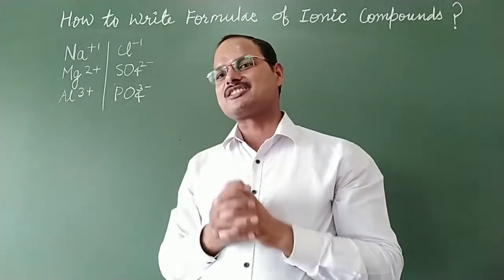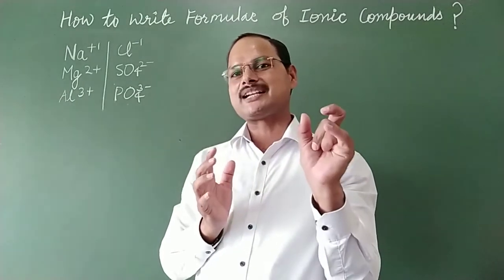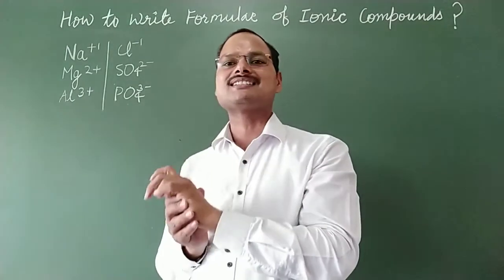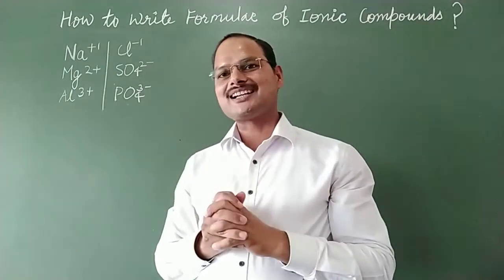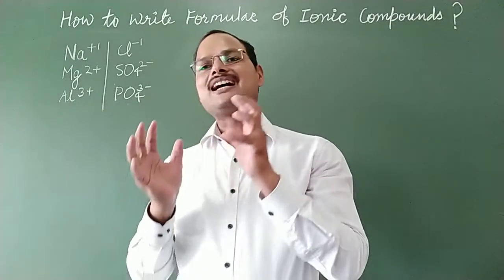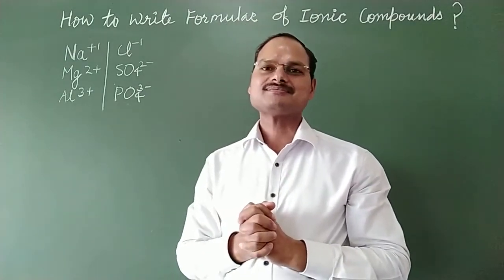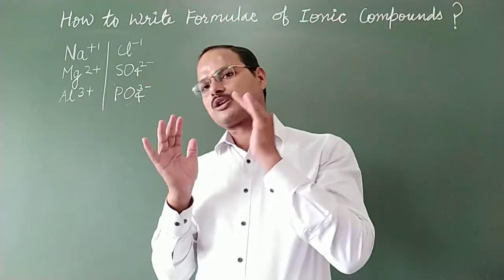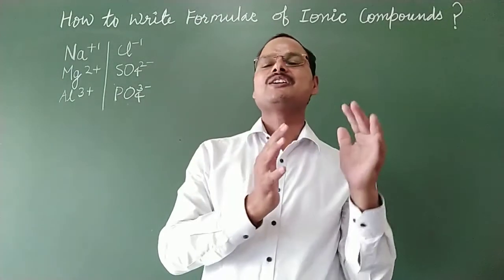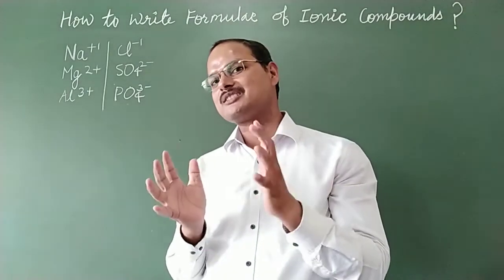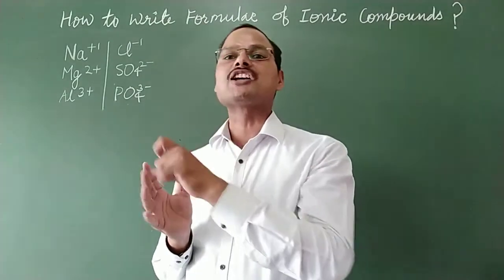And there is a very simple concept. Always the combination will take place between a positive charge particle, that is cation, with a negative charge ion, that is anion. One method to write the formula of any ionic compound with the help of opposite ions is the crossover valency method. Simply we have to cross over their valencies, means we can exchange their valencies. With the help of this process, their negative charge can be made equal to the positive charge.